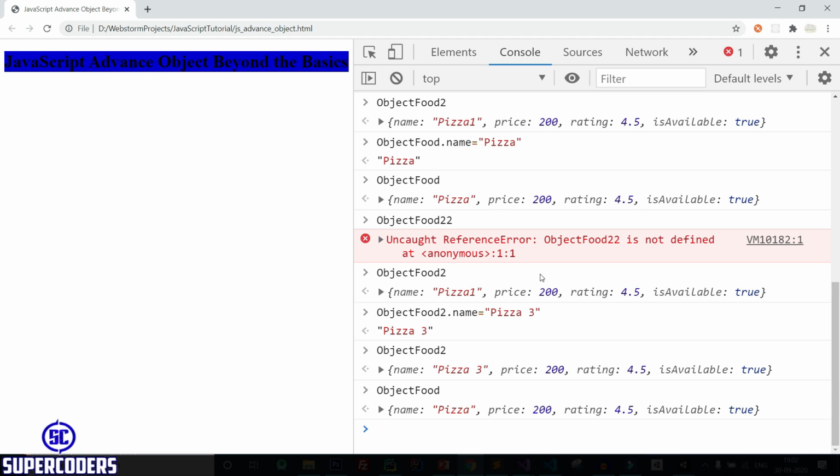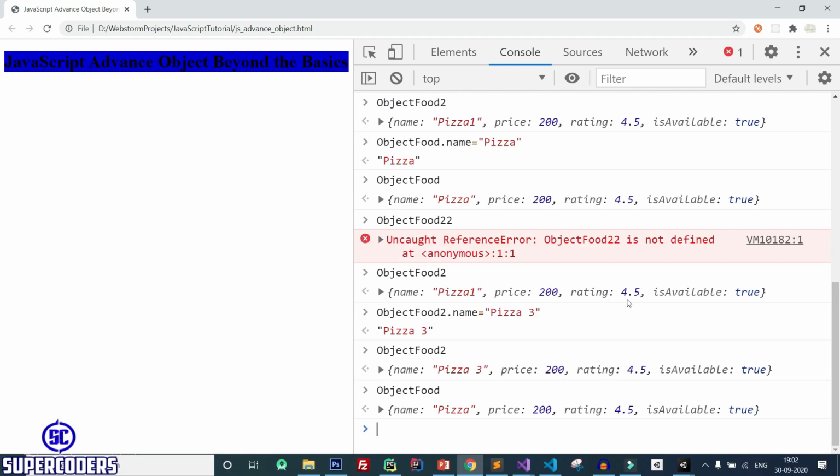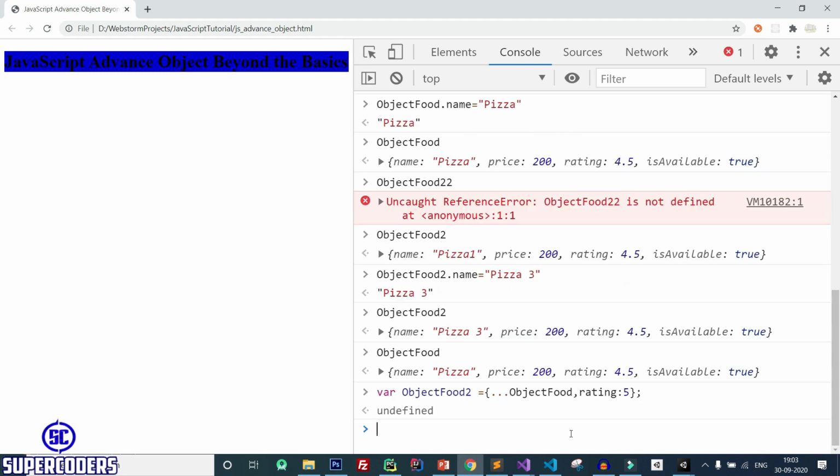Also you can use the spread operator to update a value. Suppose that you want to copy the data but want to change the rating. Here I am copying the data like this and want to change the rating from 4.5 to 5. So simply pass a comma, then pass the key name rating, and pass the value, enter.